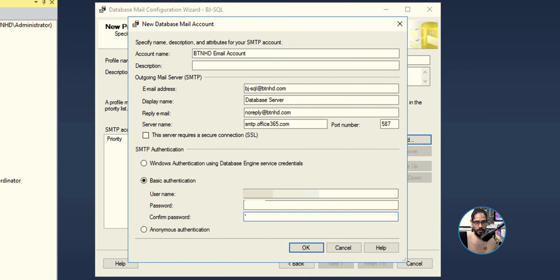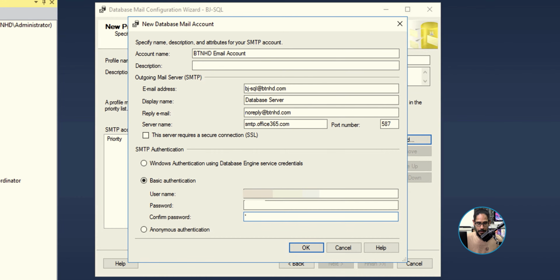And you have to make sure that your SMTP for your Office 365 is set up. You have to create a Mailflow connector between your Office and the tenant for this to work. It did not work for me because I haven't created a connector as of yet within my Mailflow, within my 365 tenant. Eventually I'm going to do that and do a video for you guys on how to create a connector within the tenant.